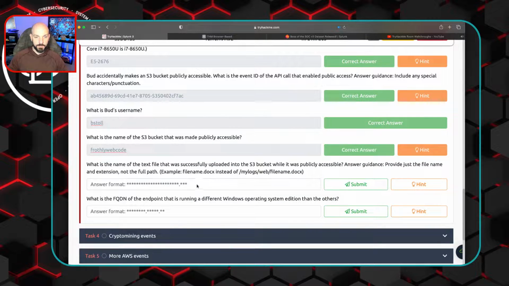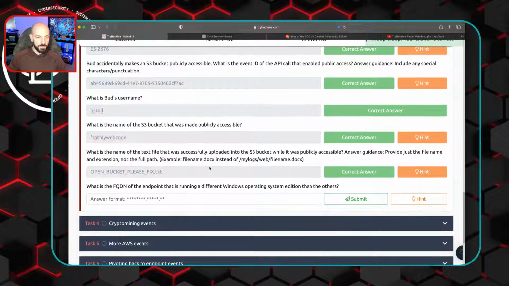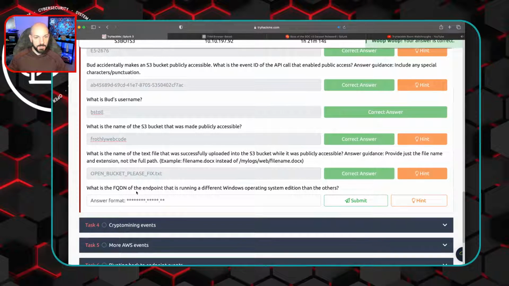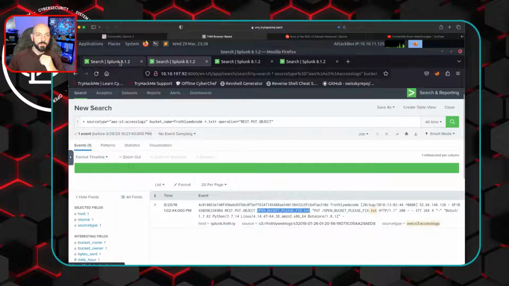Cool. Move that over. Sweet. All right, now the last one. What is the FQDN of the endpoint that is running a different Windows operating system edition than the others? All right, let's take a look at what we have